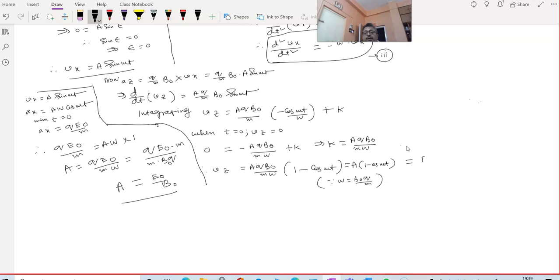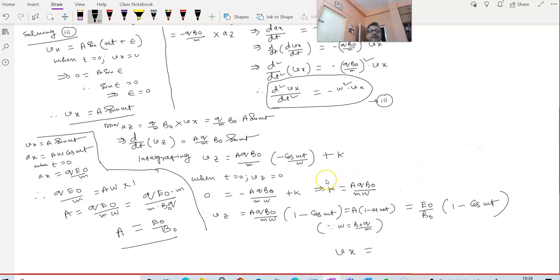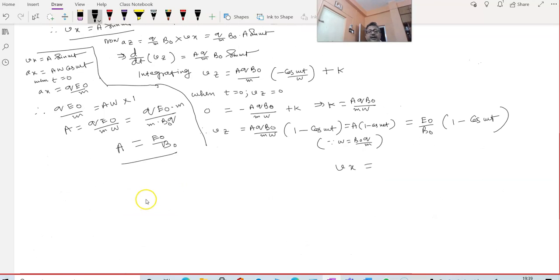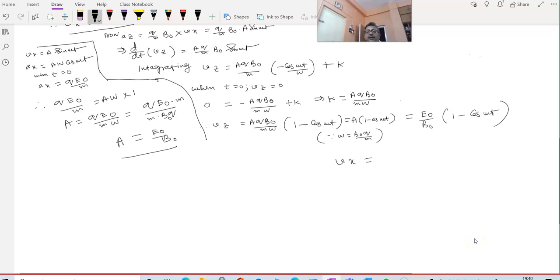Vz is coming E0 by B0, 1 minus cos omega t, and Vx is coming. I found Vx. Vx is A sin omega t,